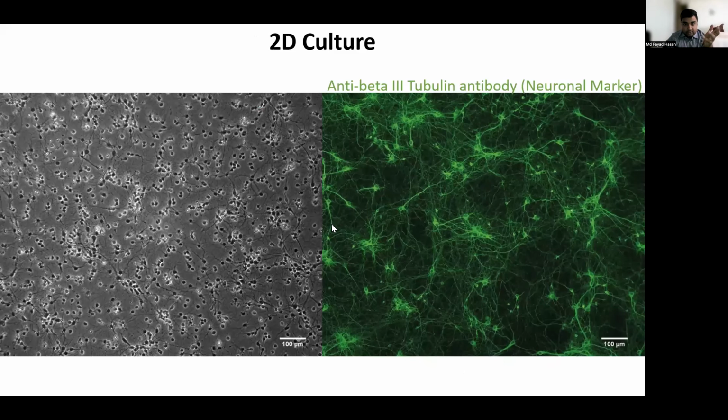But with these stem cells, what people started to do is get the stem cells, make neurons out of them, and then culture them on petri dishes on a flat surface. So it kind of looks like this. But our brain doesn't look like this. Our brain's parenchyma is a three-dimensional object, and in there the neurons are positioned in a three-dimensional space.